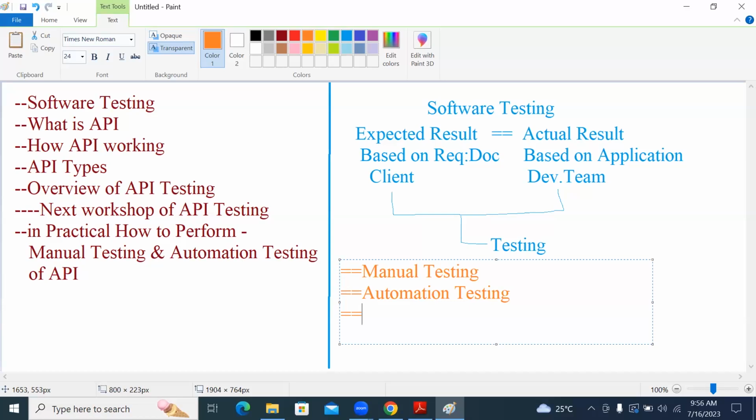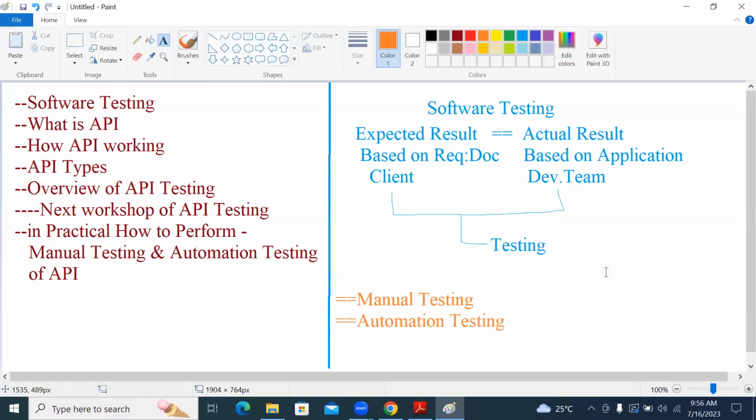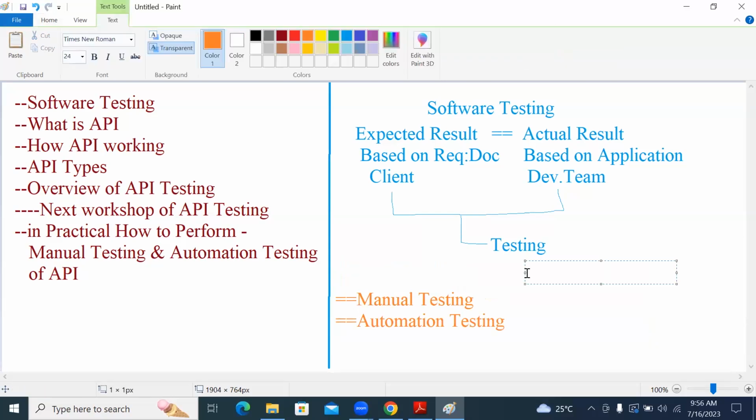Whatever testing you are doing, you can take care of it with manual testing and automation testing. Right? Manual testing and automation testing can be implemented for any kind of testing. Assume that we have functional testing.